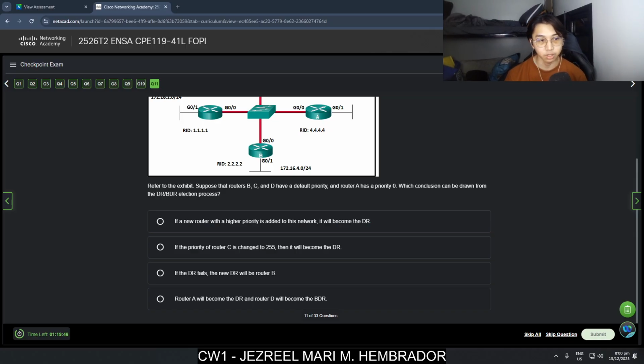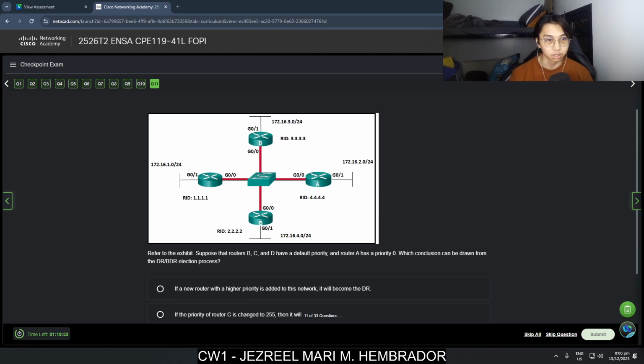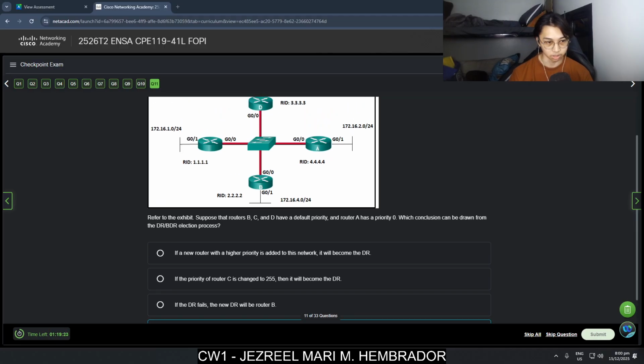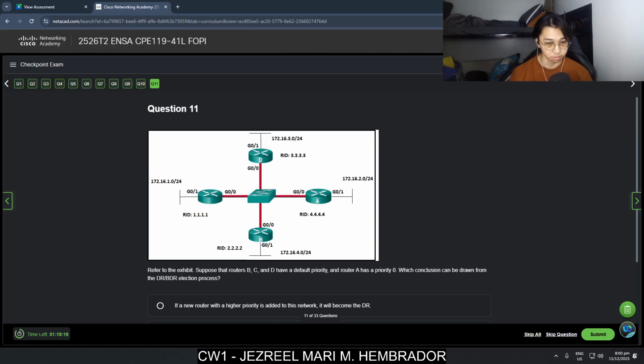If a new router with higher priority is added to this network, it will become the DR. If the priority of router C has changed to 255, then it will become the DR. If the DR fails, the new DR will be router B. Router A will become the DR and router D will become the BDR. I think if the DR fails, the new DR will be router B.